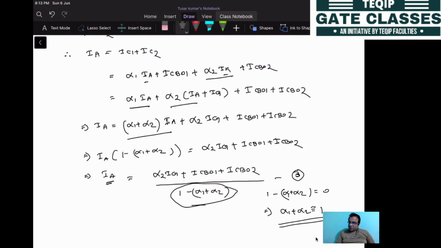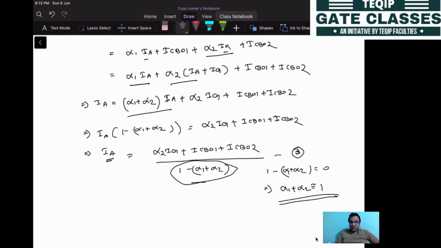Okay, so if you see this point here, what is the conclusion? If the gate current increases, obviously the anode current will be increasing. Then in that case it will increase alpha 1 and alpha 2. If IA is increasing, alpha 1 and alpha 2 both will be increasing. And if you see from equation number 3, if alpha 1 and alpha 2 both are increasing, additionally IA will be increasing. Additionally it will increase the anode current. Anode current will be increased further.